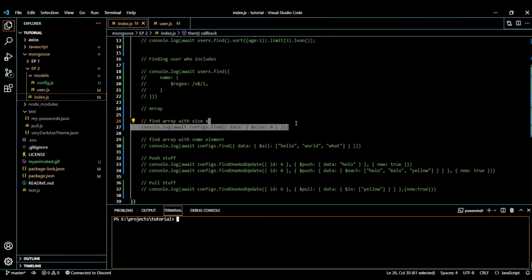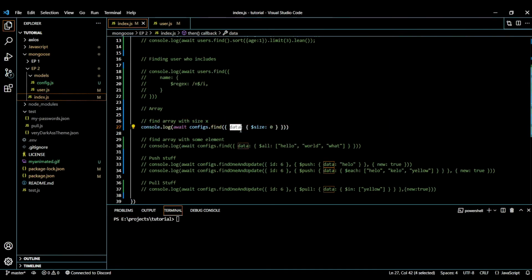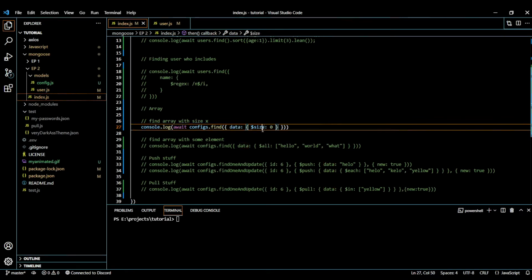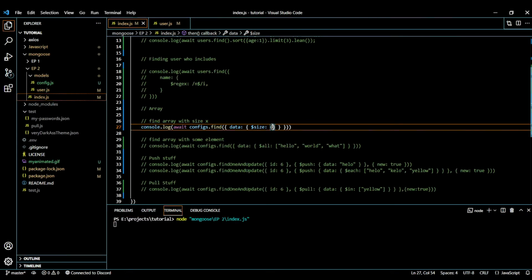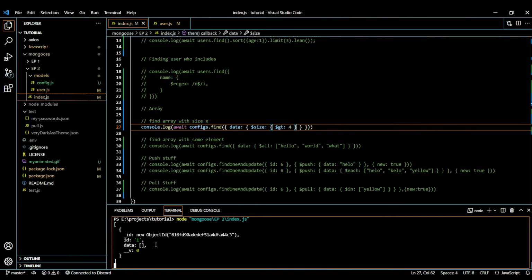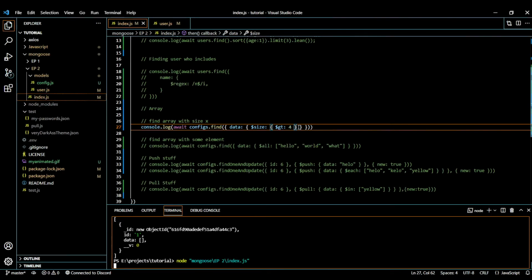Here what we are doing is finding the documents whose data size is 0. So let's do bam, and probably we can do this thing too, $gt, for all, I should write. You can see this returns the documents whose data has 0 entries or 0 size. And if we do this, it should work.